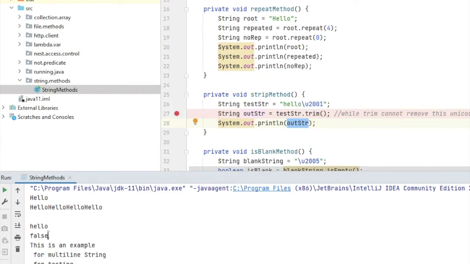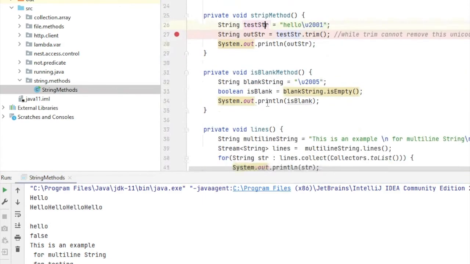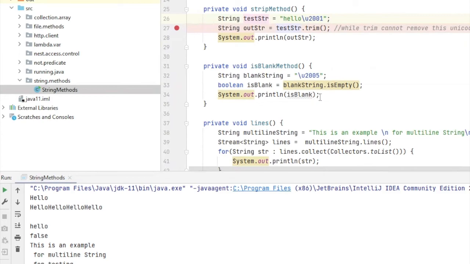By default, when I click here, I just get to the end, but here the end is not near to hello, it's one space. So trim is not able to remove this space. Now the next method is isBlank. So for isBlank, let's see here, I am getting false, because it is again considering this as some character.